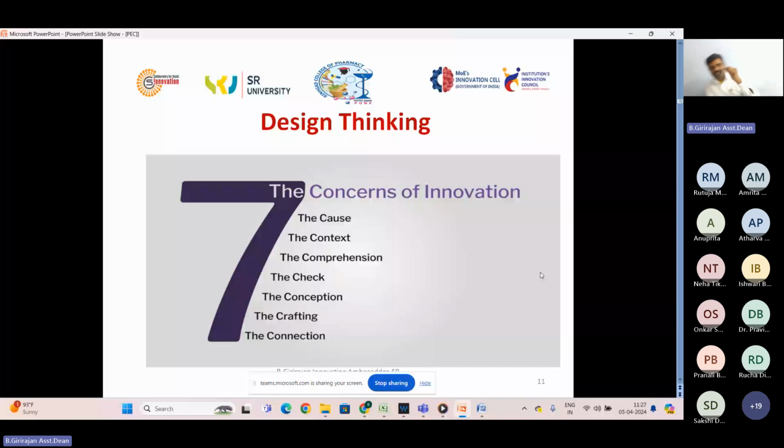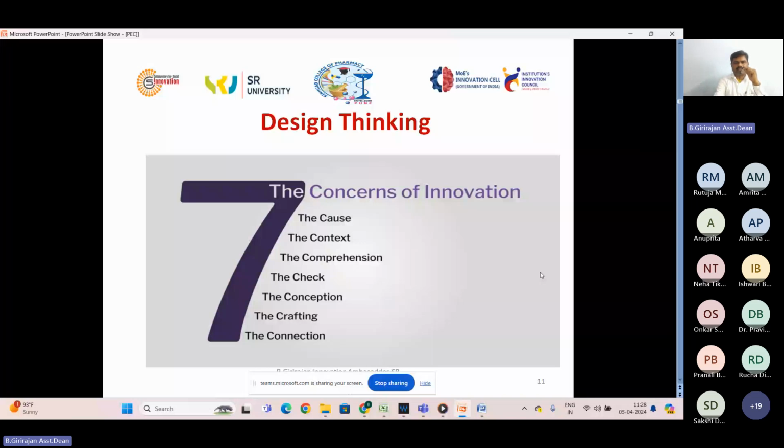But it should be understood by the designers. Each and every stage should be understood by the designers, so that we can make a flawless product design. And still, if there are any challenges faced by the user when it is used, we can come back to designing and redesigning it. You can interchange the stages whenever it is required, as per the feedback given by the user.